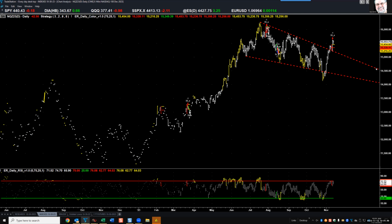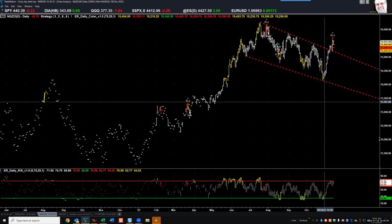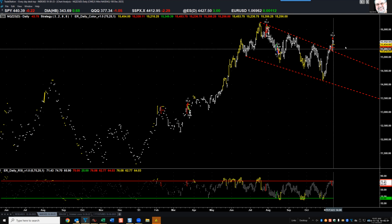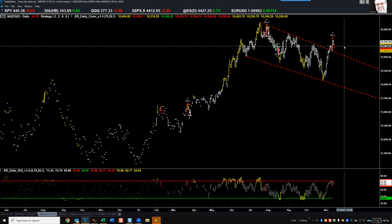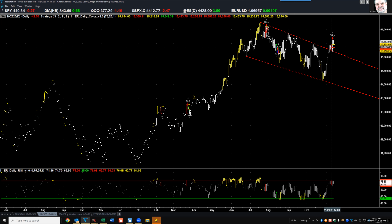Next chart. NASDAQ. We're looking at a previous downward slanting wedge. Some people would like to call it a downward slanting channel. They're very similar price formations. They're not really that much different. Break of the bearish trend line. Definitely a bullish signal. But we got overbought and we had a bearish engulfing, which did not work on Thursday